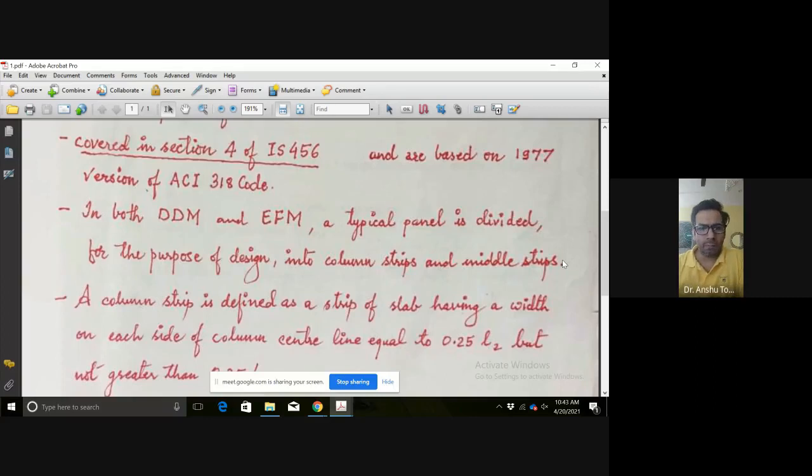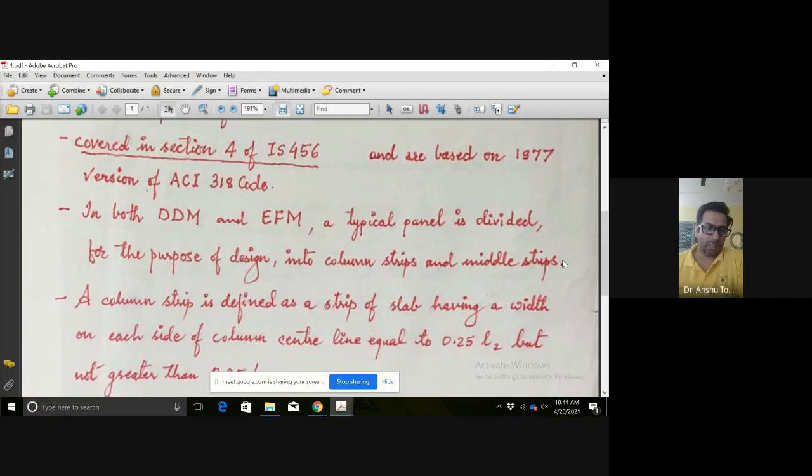Am I right, students? Yes, sir. How many boundary conditions are there for the design of slab? Eight or nine? You don't know, please go and search for the answer. Anshu sir has asked, you please do it, because I will again ask the same question. And if you do not have the answer next time, then I will thrash you.